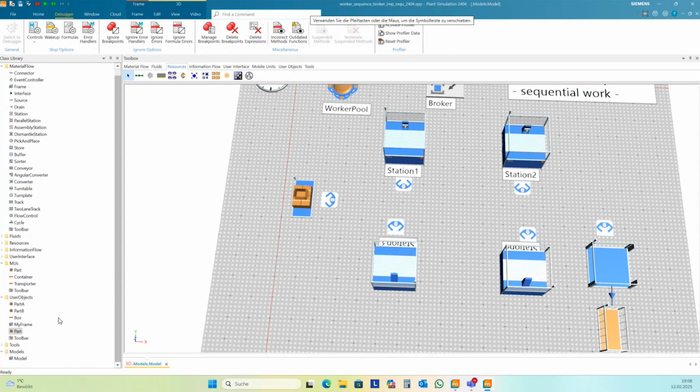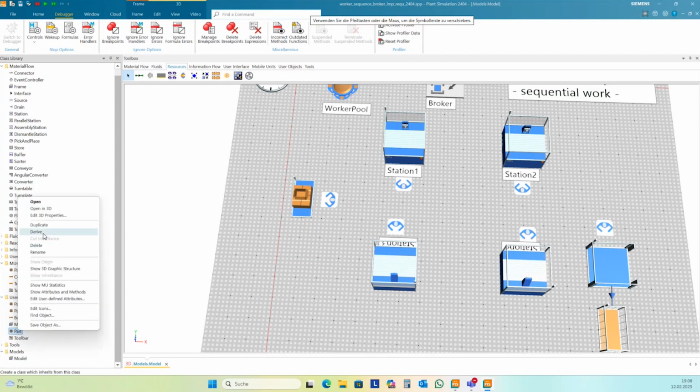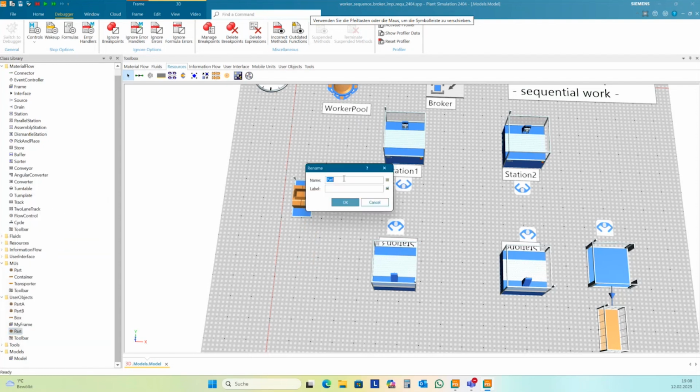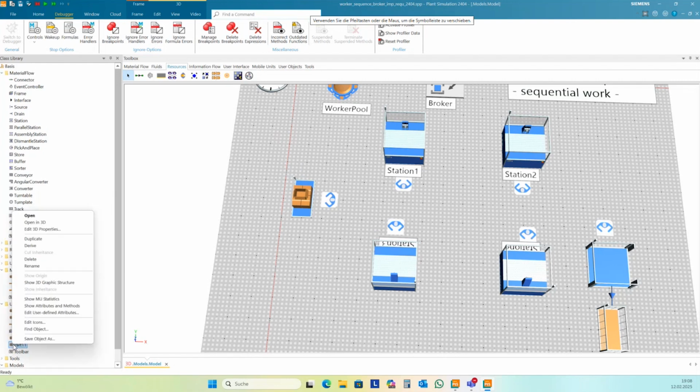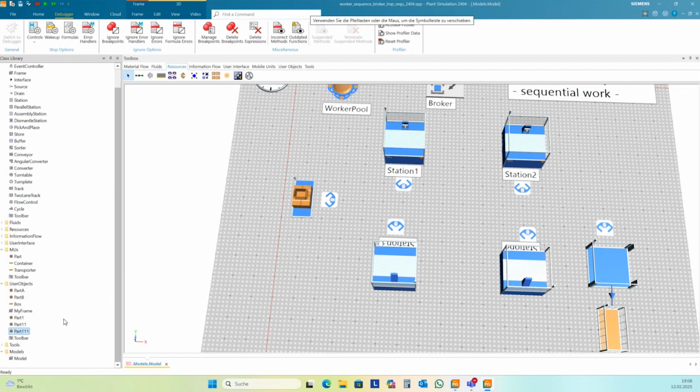Okay. And then I rename this part to part 1, and duplicate it 2 times and rename the duplicates to part 2 and part 3. All parts have the same user-defined attribute.